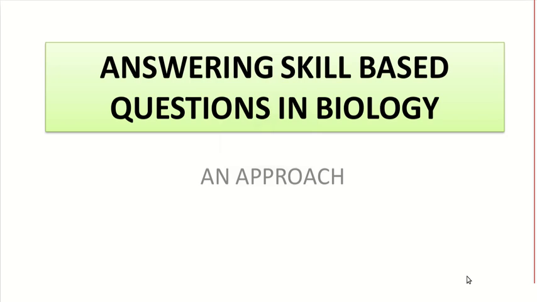Hi friends, today I wanted to discuss skill-based questions in biology, especially diagram-oriented questions. So you have to draw a neat labelled diagram with labels. Generally, in most of the question papers, you can see that the diagram-oriented questions carry more than 10 to 12